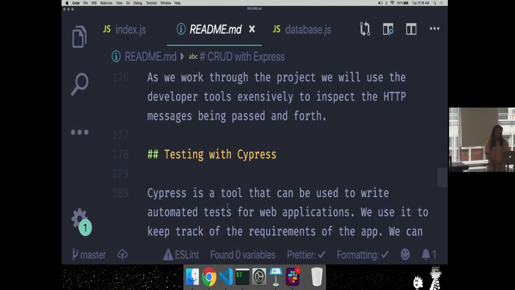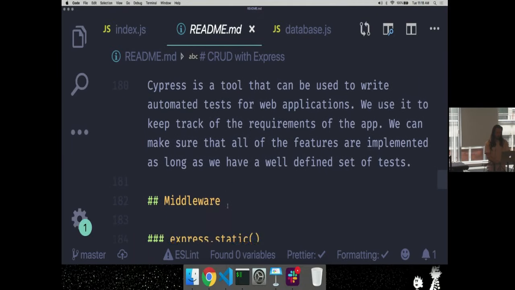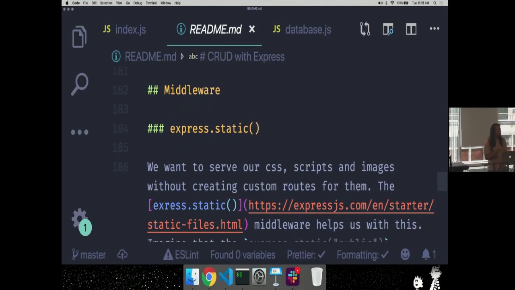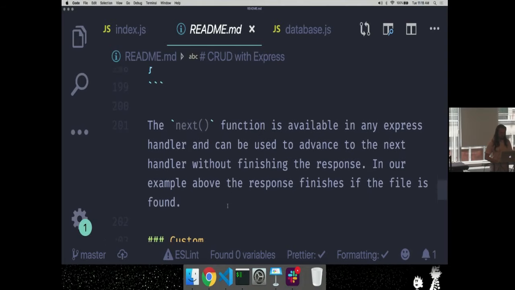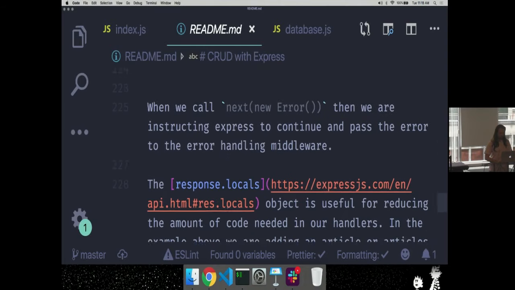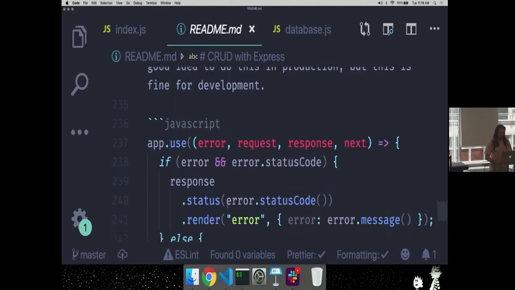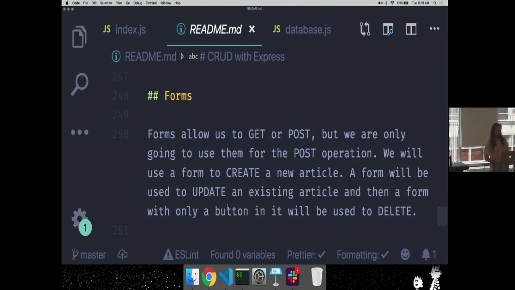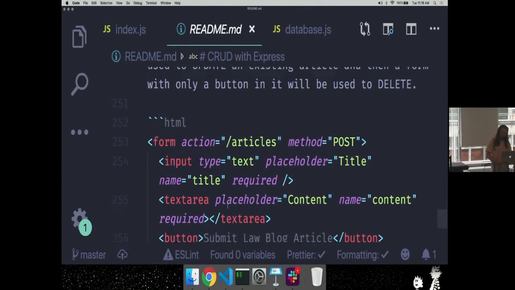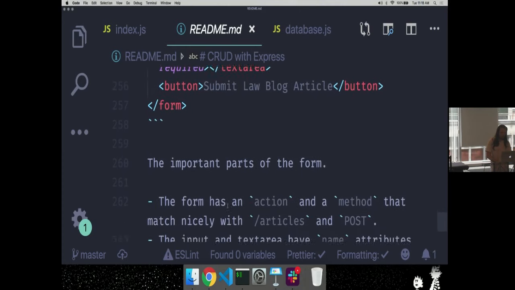And we did that. So development tools I talked about. Testing with Cypress I'll bring up. I want to make sure that I cover middleware. I'm going to talk to you about middleware and how to use middleware. It might not be fully understood by the end of this, but my goal is to show you situations or practical examples of where middleware can be useful. I think I have 3 situations here. And then I also want to do forms. I'm going to show you how to set up forms, how to set the method and the action on a form in EJS.